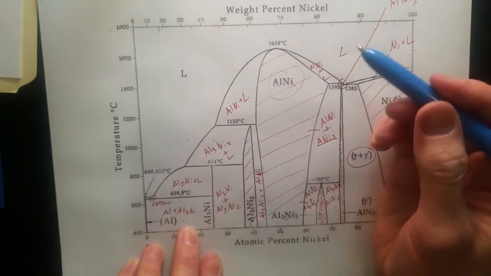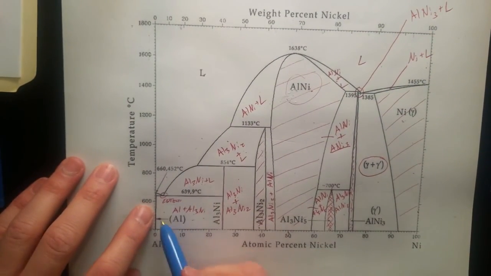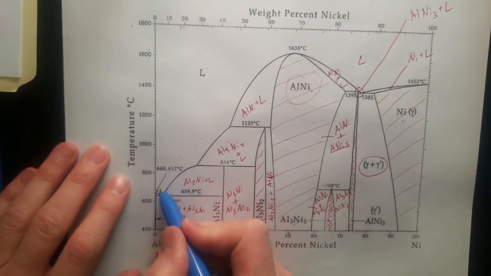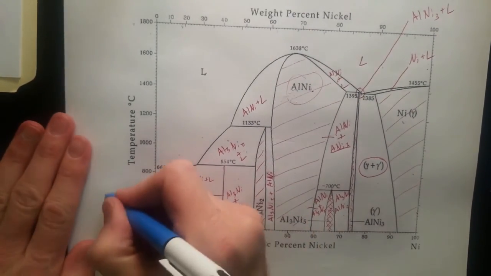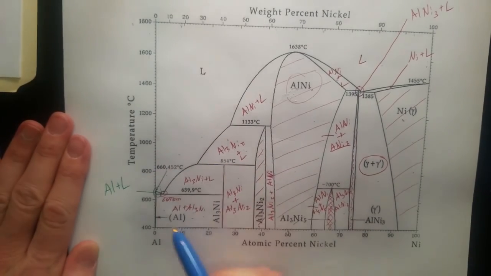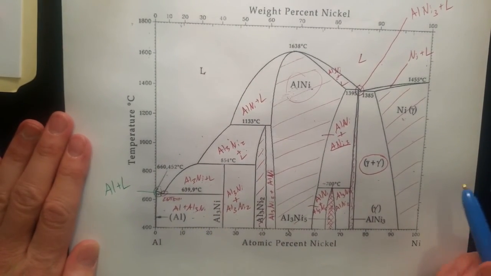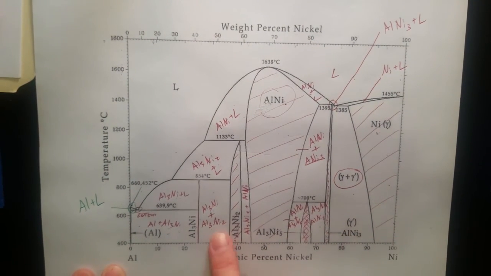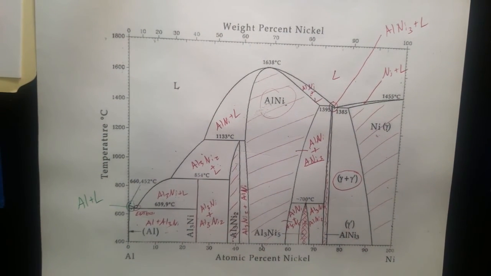Single phase, two phase, single phase. And here on this far edge, we have Al, and that little zone right there is Al plus liquid. So we've got everything. We went from left to right and right to left, and we verified that no single